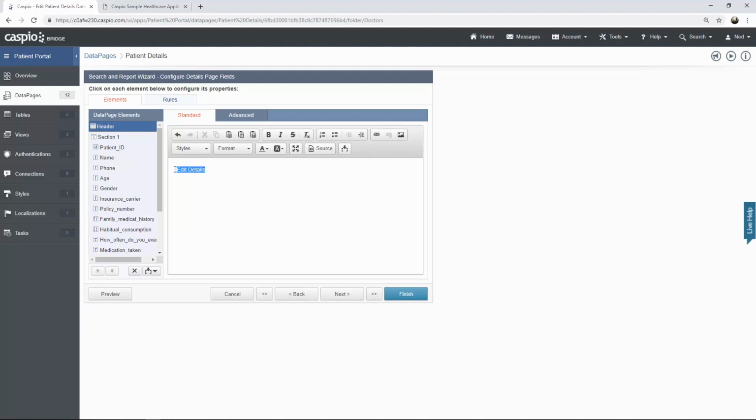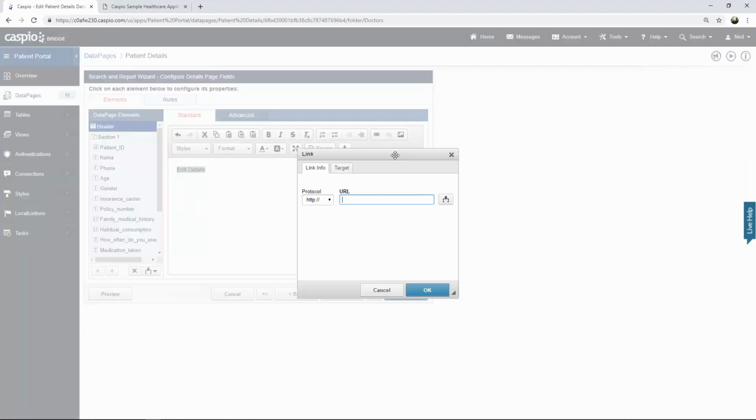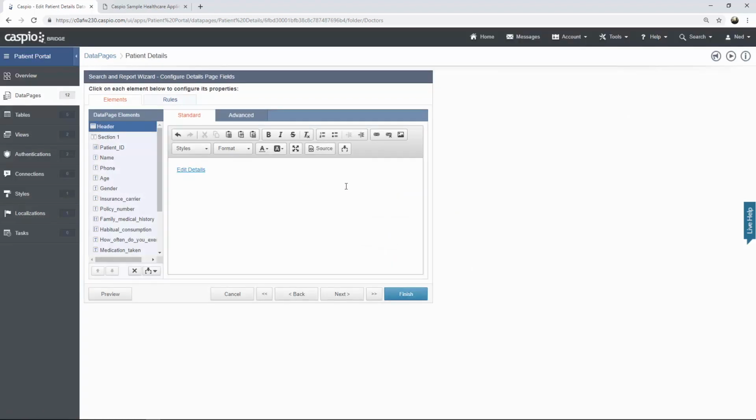I'm going to highlight this text. I'm going to click on this link button. And then once again, you have another web page in your directory where you're going to be deploying that update form, so you're able to update the details of that patient. In my directory, I call this EditDetails.html. And once again, you have to add a question mark to initiate the string. You're going to pass the patient ID once again, so we add PID =, and once again you insert the patient ID field from your table as a string, and then when you're done, click OK,